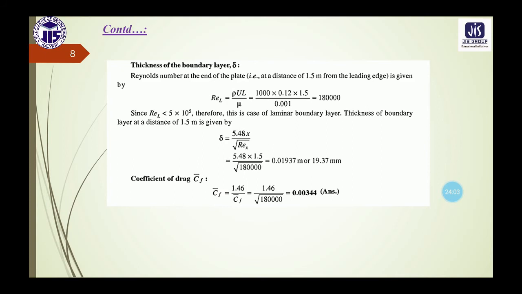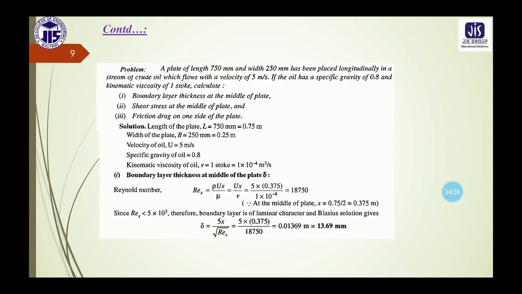So this is the thing here. If we can remember that table where velocity profile or velocity distribution equations are given, 5 different velocity distribution equations, and corresponding to those, their boundary layer thickness formula and the skin friction coefficient or drag coefficient equations are given. If you can remember those equations, then we can easily solve such numericals. Let us move to the next page.